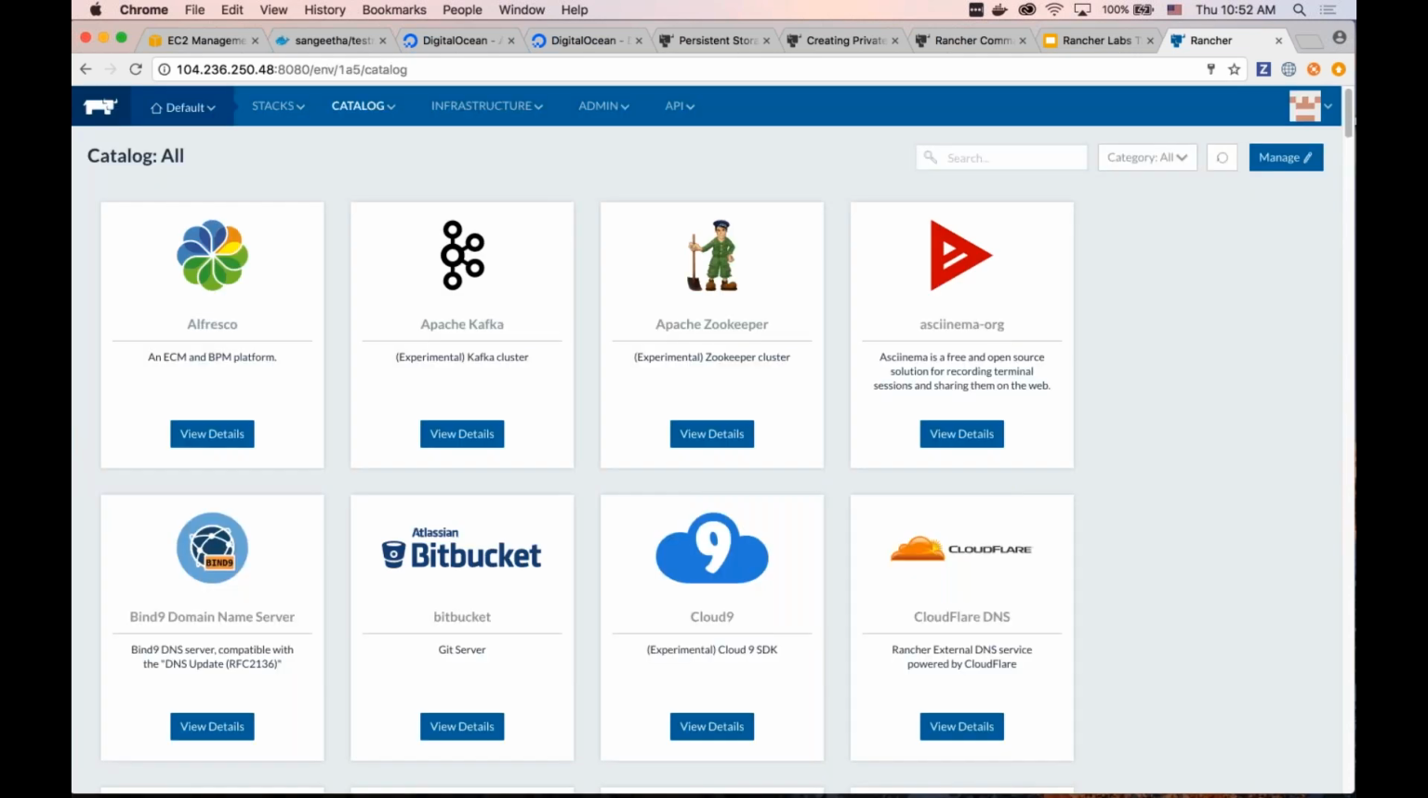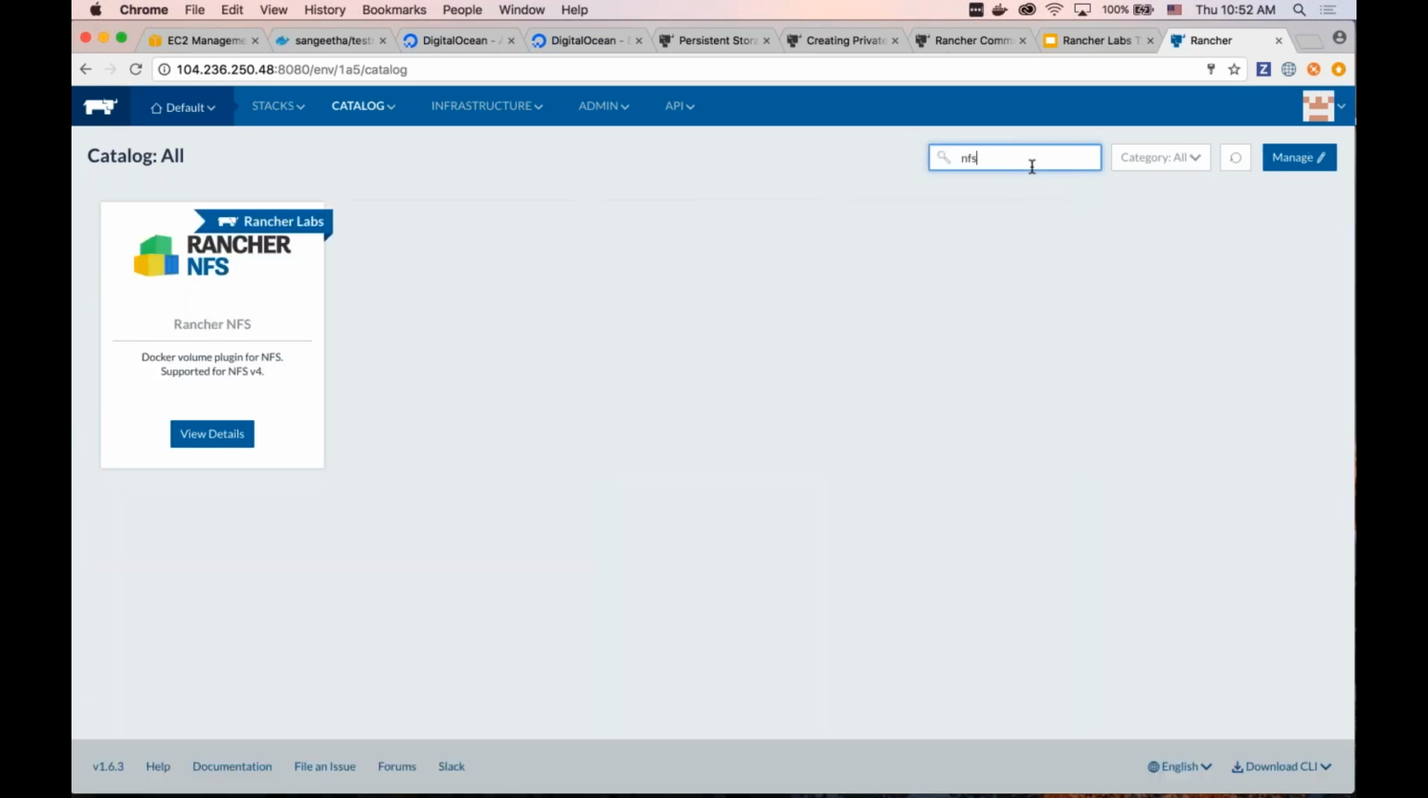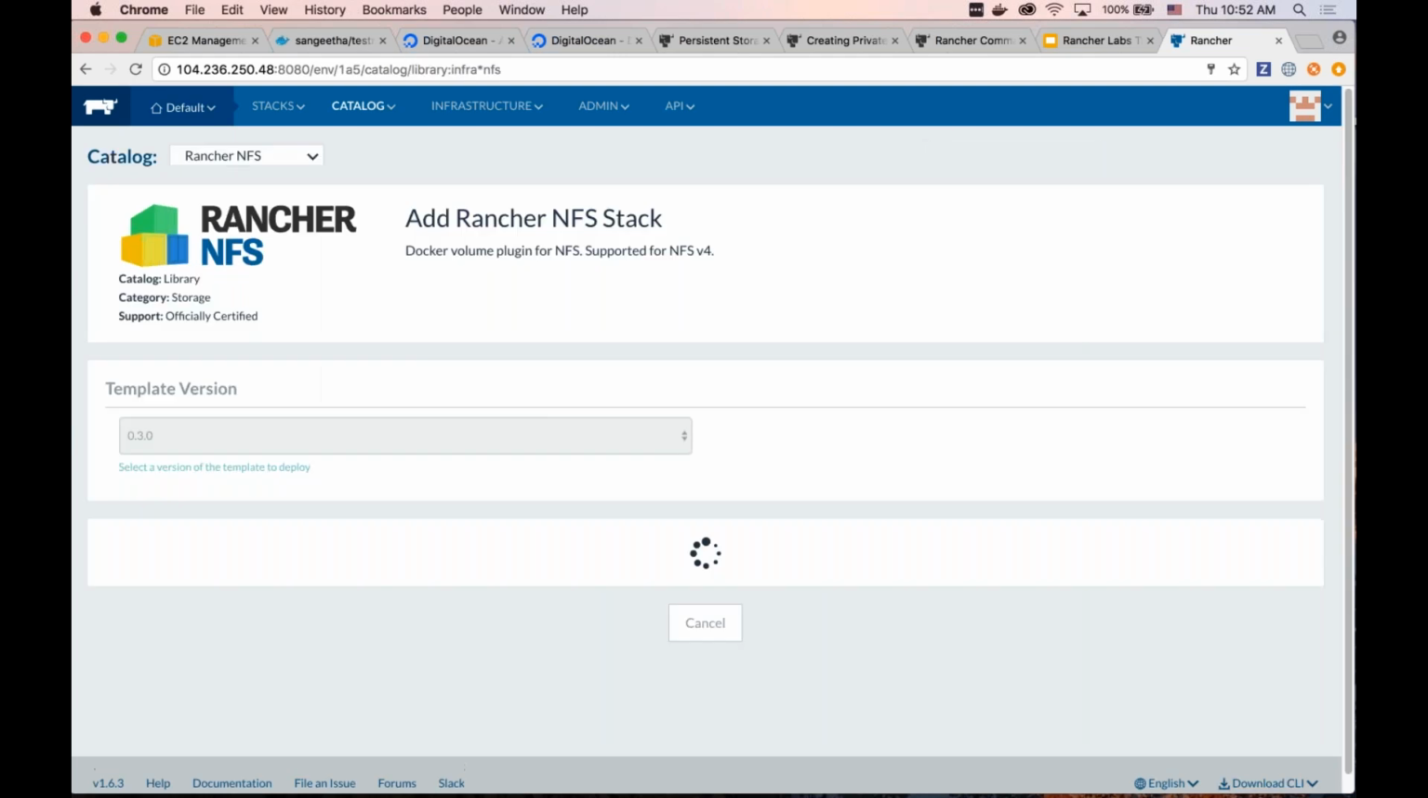So you'll remember that previously I had an environment template set up with Rancher NFS. So this is useful if, say, for instance, you forgot to add that in the template. You can go ahead, no worries, go click on the catalog, and it will probably be available here. So I'm going to click on Search NFS, View Details,